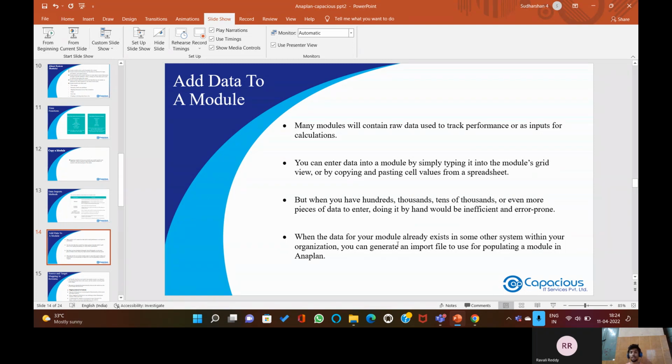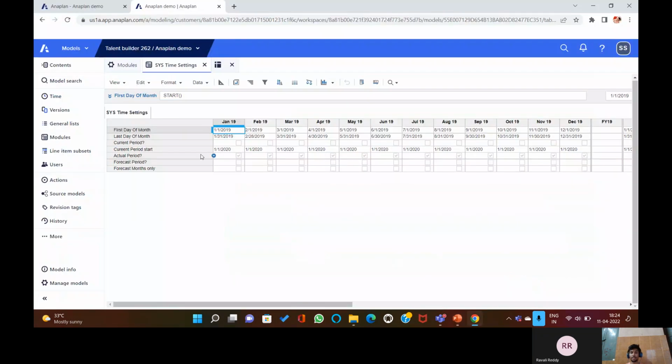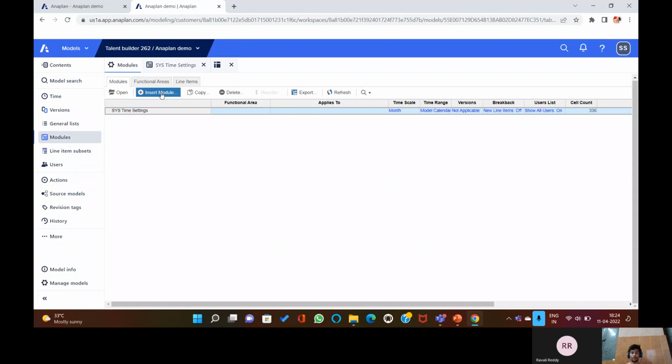When the data for your models already exists in some other system within your organization, you can generate an import. I will show an example in the team workspace. In creating a new module here,